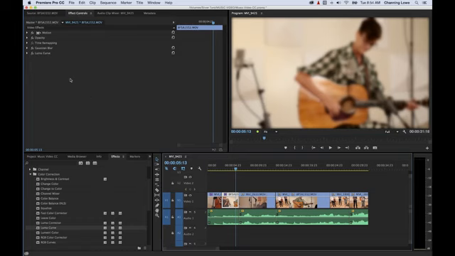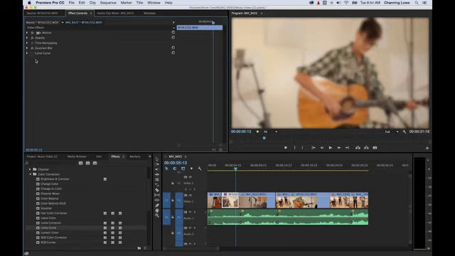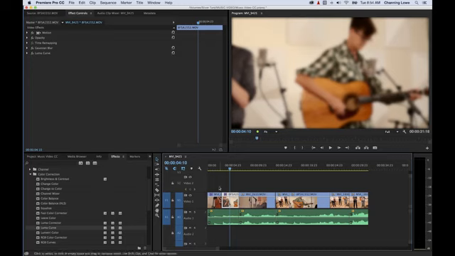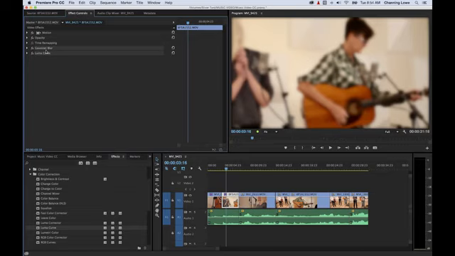Now if you want to delete an effect, you just simply come up here, select it, and hit the delete key, and it gets rid of it. Or you can just simply turn them off as well, if you decide to bring them back later on. Now, if you want to move a range of effects or just a single effect from one clip to the next with the attributes that you've changed, all you have to do is make sure that the clip is selected that you want to grab the effects from. You can select these up here. I'm going to select the Gaussian blur, hold down Command or Control on a PC and select the luma curve. So now I've got those two effects selected. You hit Command C or Control C to copy. You move to the next clip,